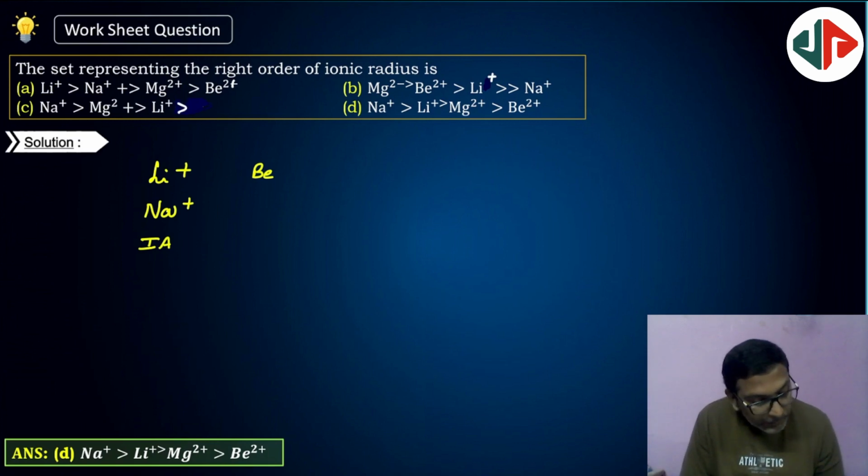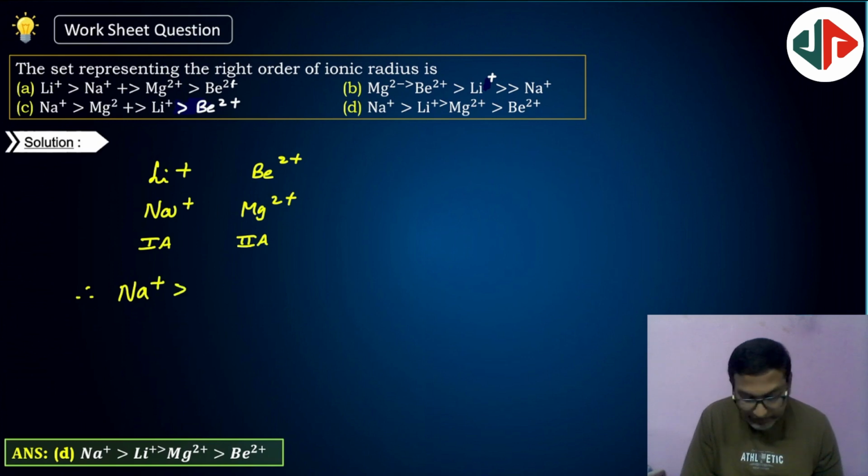Greater than Ba2+ should be there. Ba2+, Mg2+, 2A group elements. So when compared to 2A group elements, first A group elements are having more size. Therefore, we can arrange